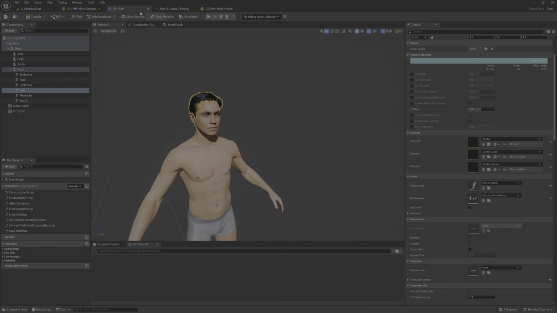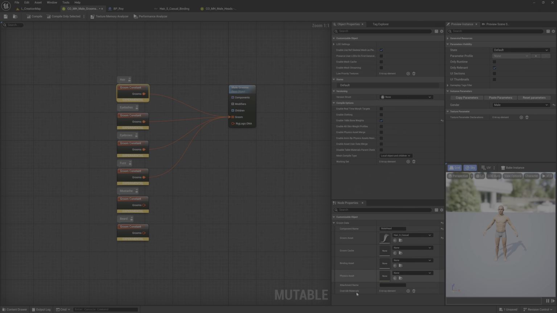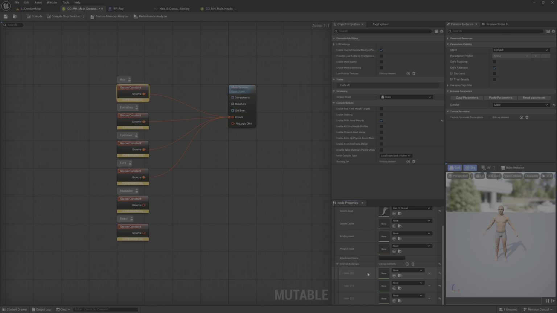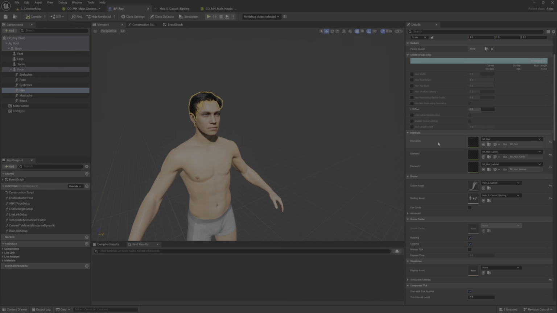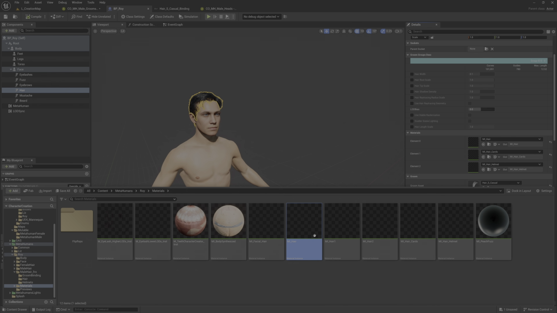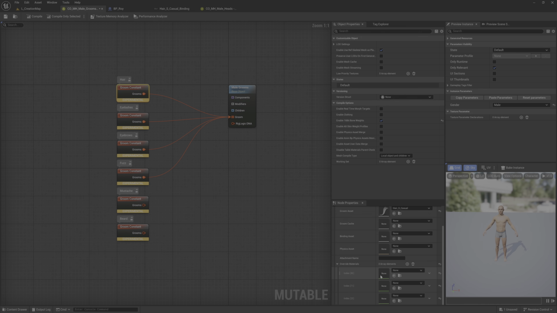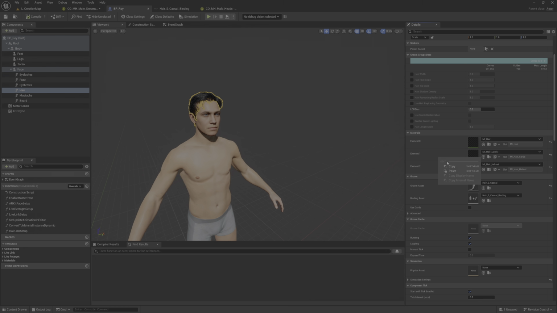And I will repeat all this material setup inside this override material. So you have 1 through 3. So let me check now. You have to select the material and then select it here. Let me try copy.